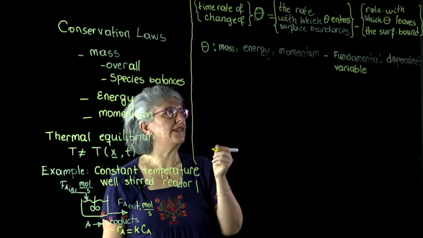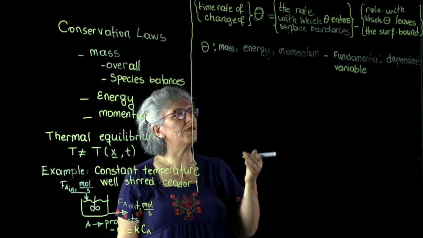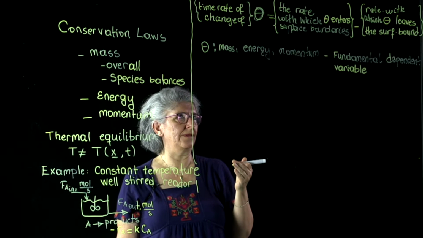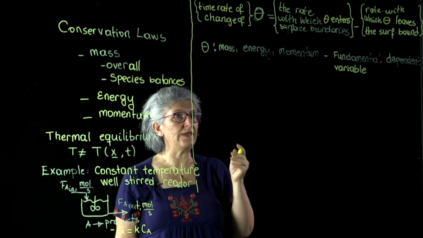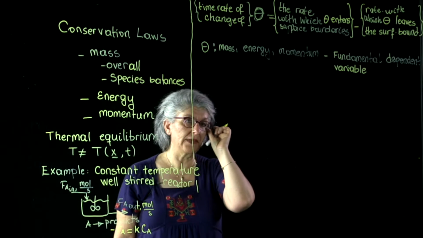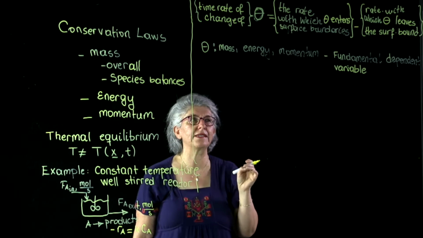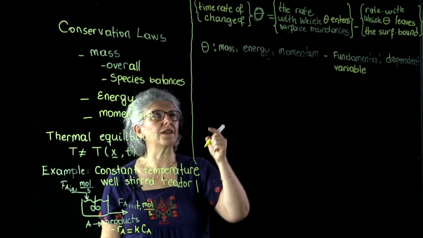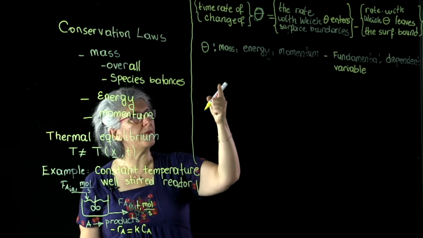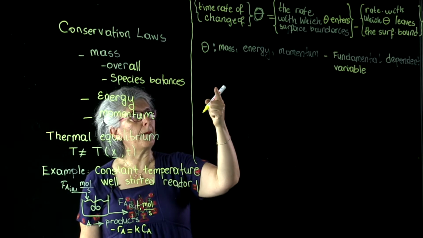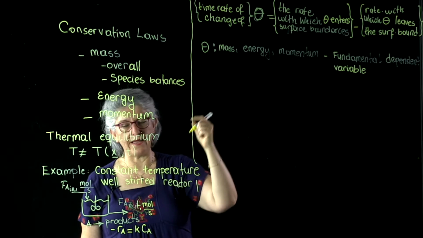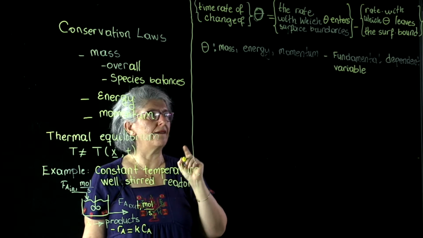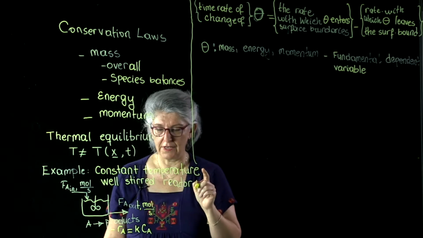If we need a derived variable to be able to easily solve this problem, then that dependent variable is the characterizing dependent variable. Now we can write the conservation law for mass, but mass balances are very difficult to solve